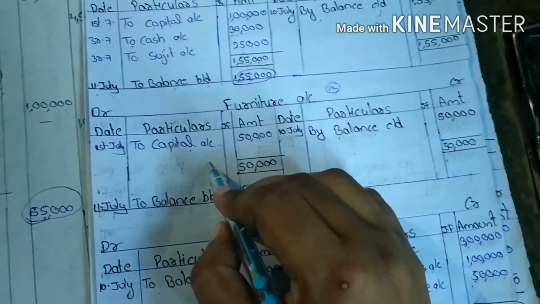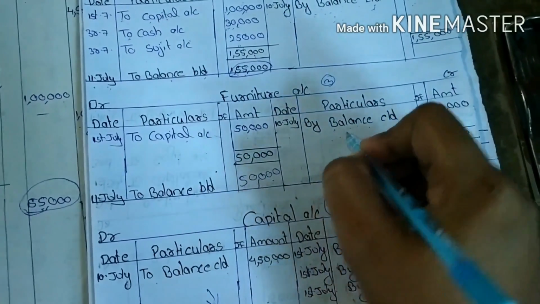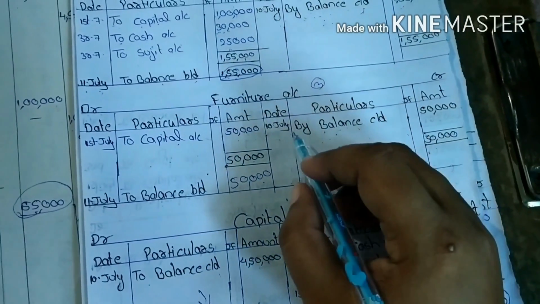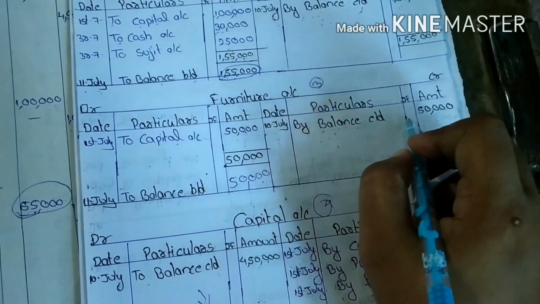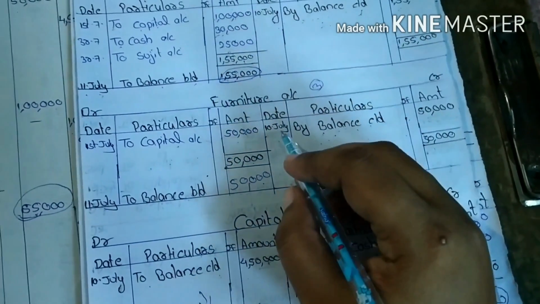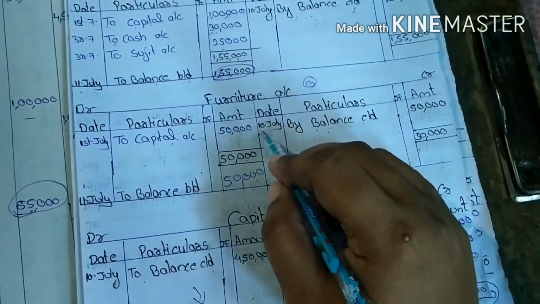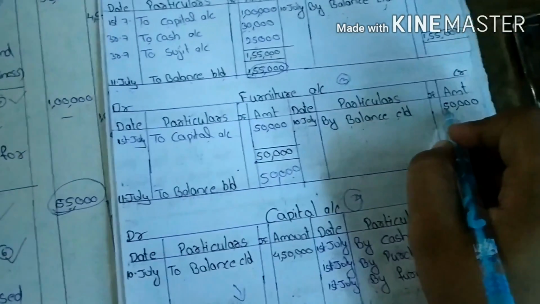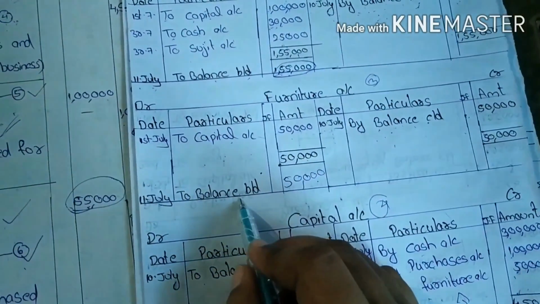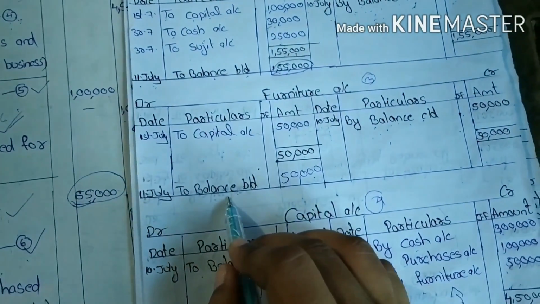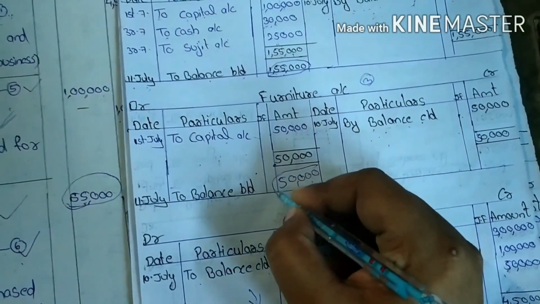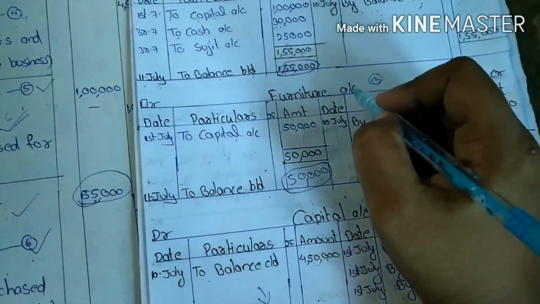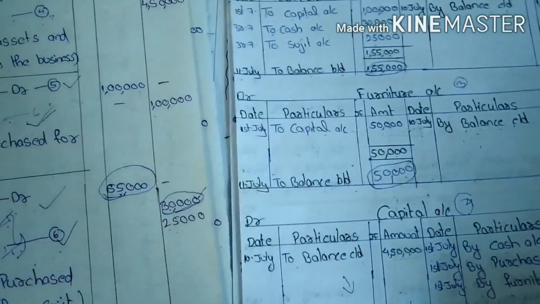Okay. So the debit is high when compared to credit. There is no credit balance here. So the ledger account should be tallied and equal, right? So the difference amount 50,000 should be carried on at the end of the day. So the end of the day was 10th July, right? So by balance carried on 50,000. So it should be brought down to the next day, 11th July, to balance brought down 50,000. So this is the furniture account balance 50,000 for 11th July. So this is the third account. It was also completed, right?